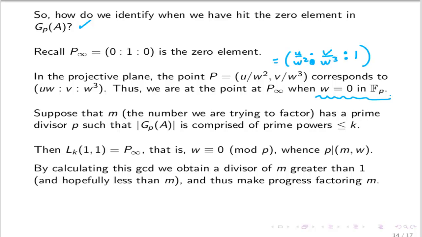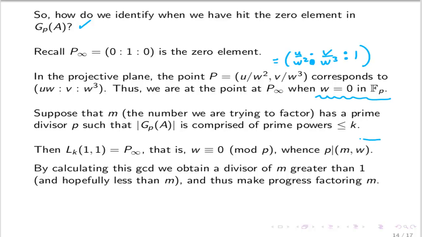And so that's why I say we never actually have to compute these fractions, the u over w's. We just calculate the u, the v, and the w, and we keep going until we get a value of w that's 0 mod p. So let's suppose that the number m, the number we're trying to factor, has a prime divisor p such that this group order is comprised of prime powers less than or equal to k. Well, that would mean that the order of this element (1, 1) is a divisor of Lk. So Lk times (1, 1) is the zero element. That is, w is congruent to 0 mod p,